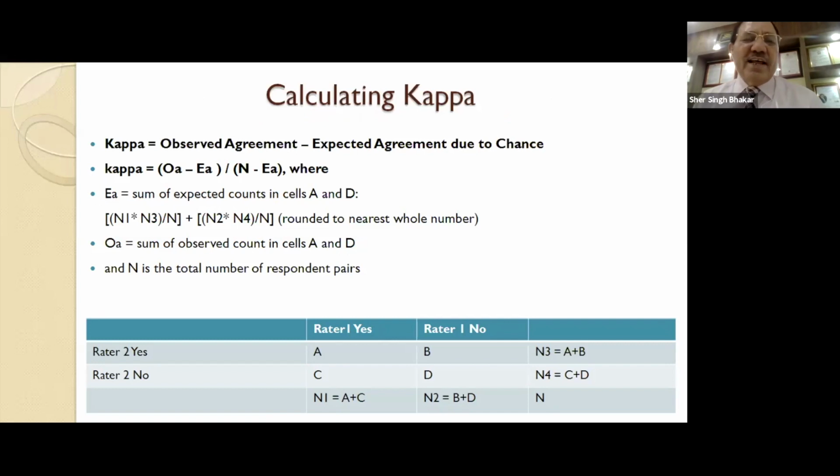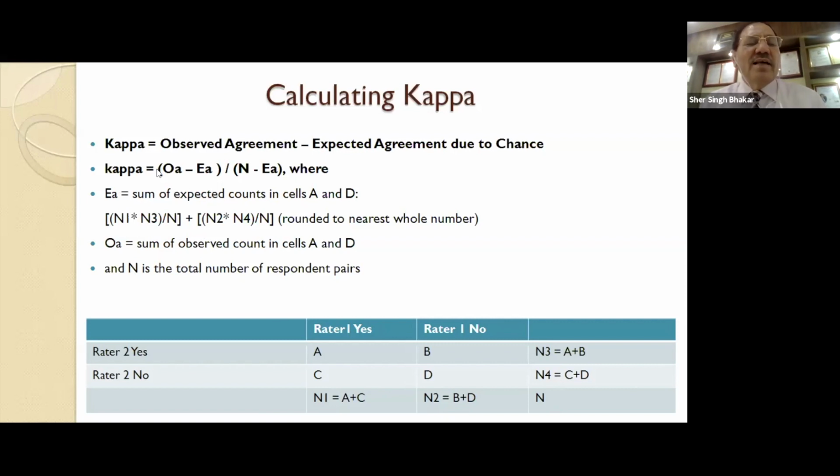This is inter-rater reliability I have computed. It works exactly as your chi-square. You must have computed chi-square expected frequency. EA here is expected frequency. You have actual frequencies like A, B, C, D. These are actual frequencies, that means actual number of raters who have said yes, actual number of raters who have said no. Okay. So these are 4 conditions. Based on that, you can compute the expected frequencies, and using those expected frequencies, you can compute the inter-rater reliability, that is kappa.